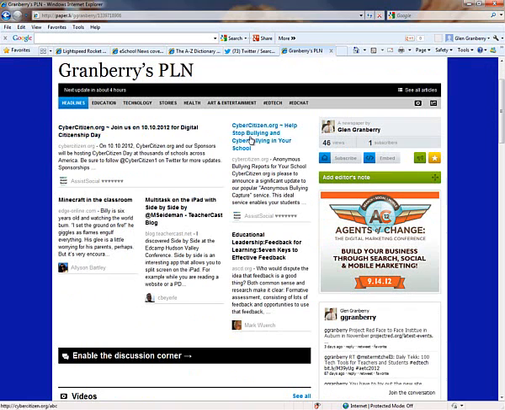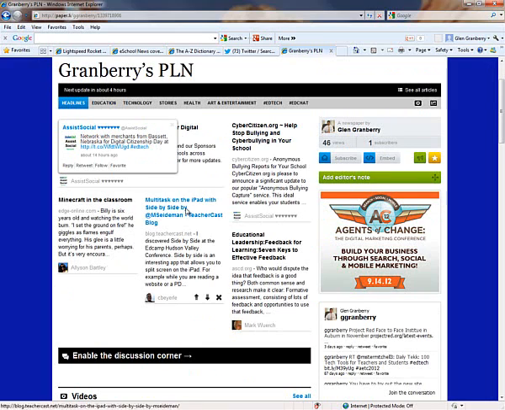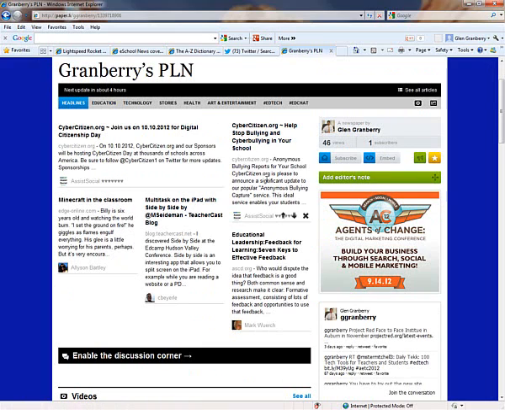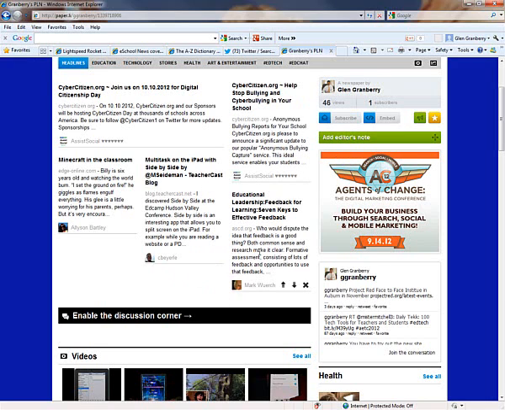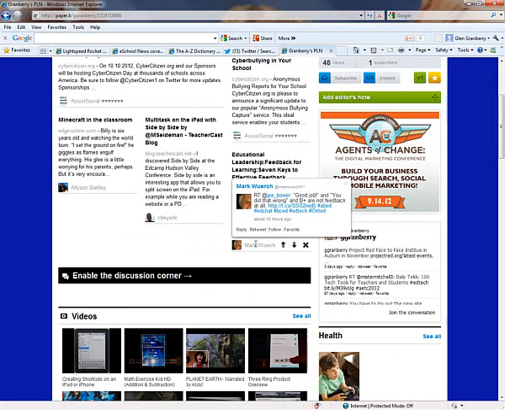So if you'll scroll down here, you'll see that in the headlines section you've got some key headlines. You can read the topics and a little bit of the content, and then click through to read the entire story. All of this information gets pulled from websites that are linked in some of the Twitter feeds that you're following. Also pulls videos that are referenced, photographs that are referenced in your Twitter feeds, and organizes them all on